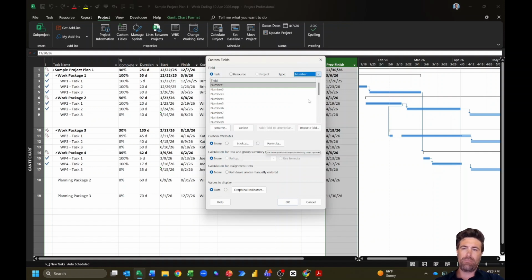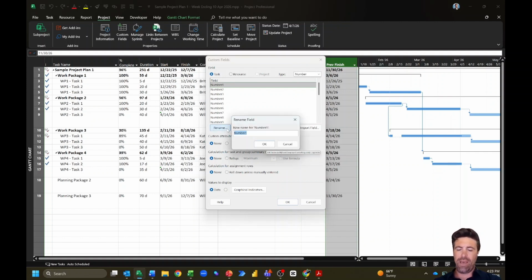So I'm going to choose number, right? And I've got all the number custom fields available to me. So I'm going to go ahead and just use number one. First things first, I'm going to rename that. I like to keep my name short. I typically like to put a custom character before them, like an asterisk, underscore, something like that. That way, whenever you're going to insert these custom fields into your project plan, they'll appear at the top of